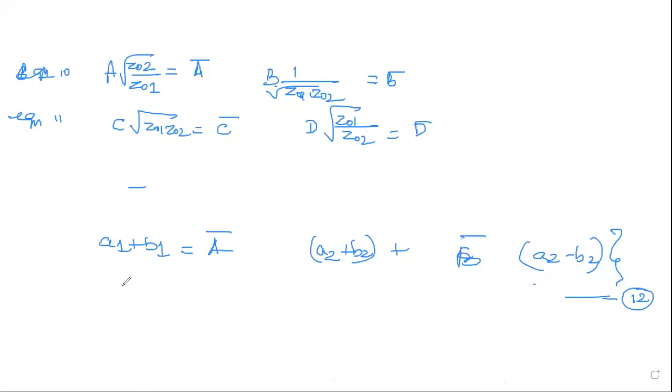So if you replace c into square root of z naught 1 and z naught 2, you will have a1 minus b1 is equal to c bar into a2 plus b2 plus d bar